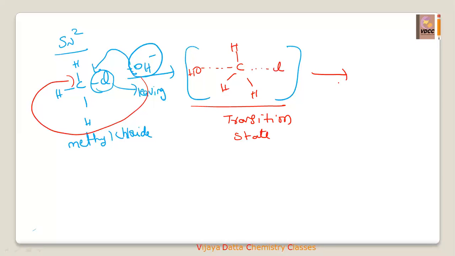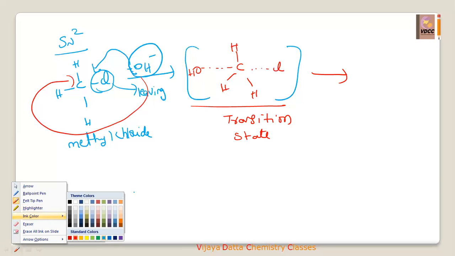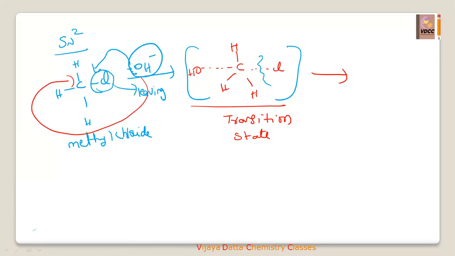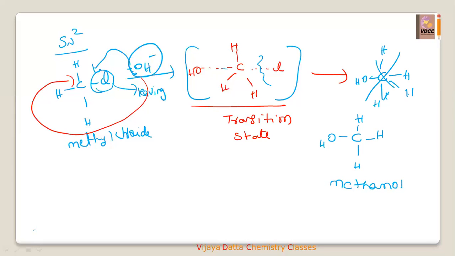Now immediately in this transition state, it will be in very little time. So immediately the breaking of the carbon-chlorine bond will take place, and the attacking of OH to the carbon will take place. Then the complete compound we can write as CH3OH. Okay, I'll write once again. See, this structure I want to write neatly. CH3OH. So this is what? Methanol we can say, because OH is added.